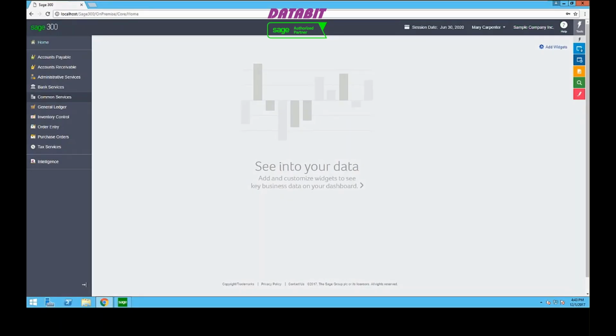Depending on the version of Sage 300 that you currently have, you will see a different view or navigation in your Sage 300 web screens. This view that we're looking at right now is for versions 2018.1 and higher. The difference that you'll see is going to be in your navigation menu, which in 2018.1 is on the left-hand side of the screen, and that's how you actually open your task windows in Accounts Payable, Accounts Receivable, Bank Services,